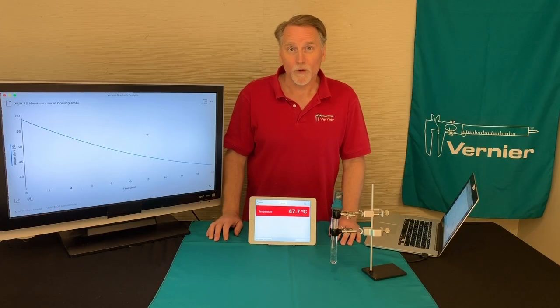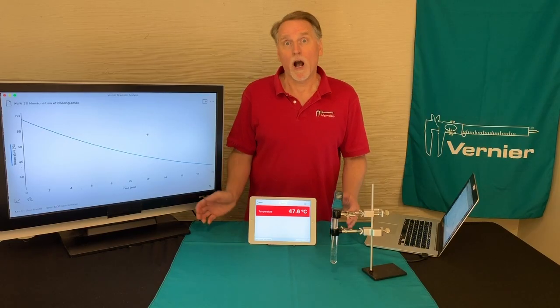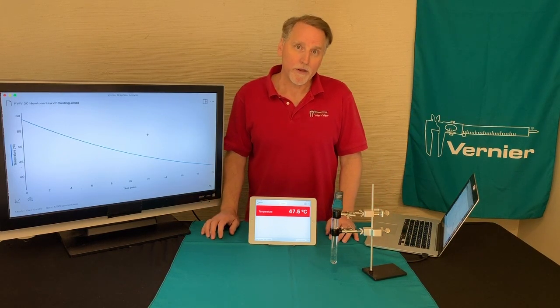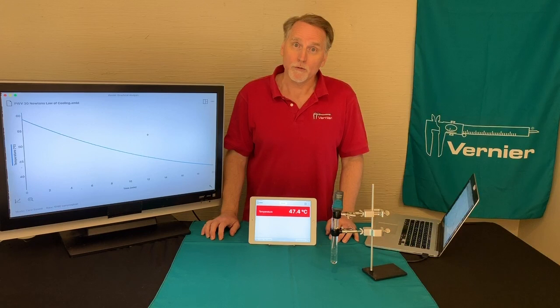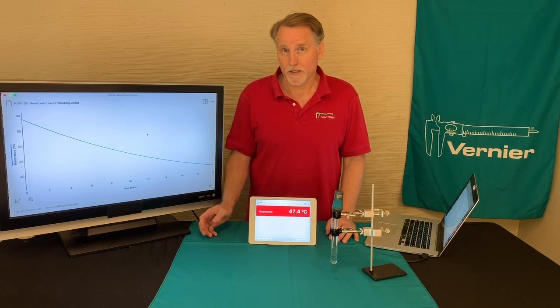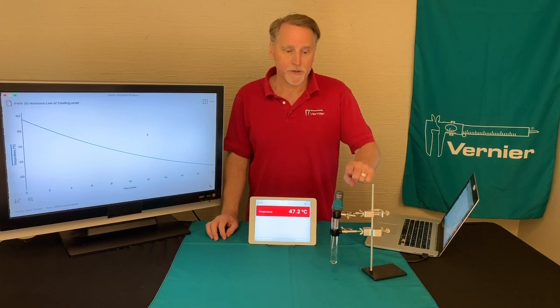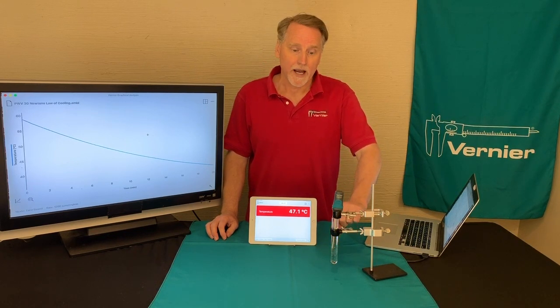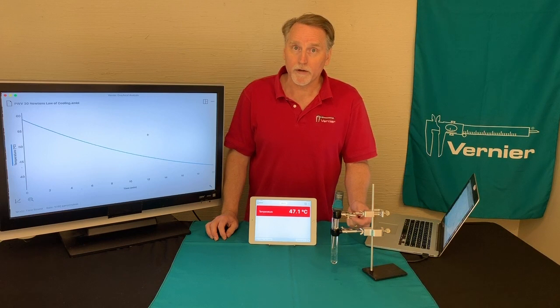Have you ever wondered what happens to an object that moves from, say, a hot environment to a cooler environment, say to room temperature? Well, Experiment 30 from the Physics with Vernier book, the Newton's Law of Cooling lab, examines this concept. And it does it by using a temperature sensor and a test tube full of warm water, and it collects the data over a period of time.